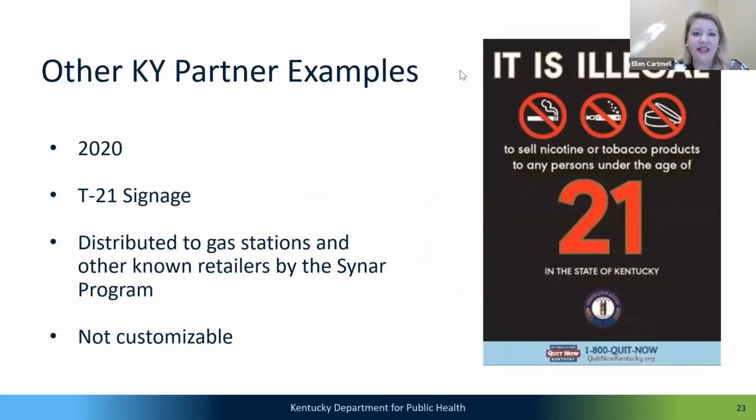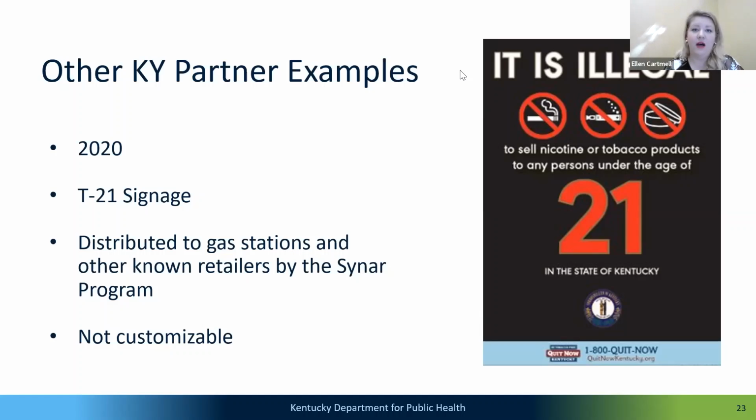Right, so other places where you might see tobacco messaging or tobacco counter messaging in the community are not always coming from us, but maybe coming from other partners. So an example of that would be these signs about how the legal age to buy tobacco products is now 21 in Kentucky and federally. So the Sign Our program, which is part of the Department for Behavioral Health, printed these or got these made and had them put up in gas stations.